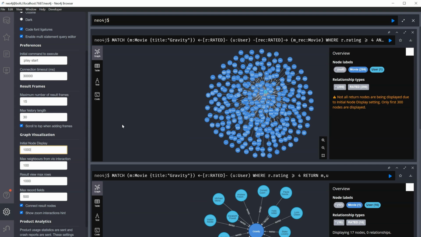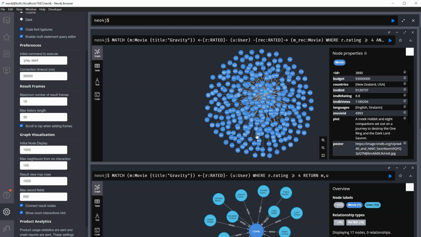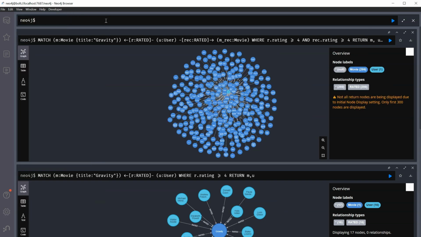Depending on your machine, this may make it run very slow. So by all means, just watch what happens on mine, as really the eventual result we're after will be a table. I'm only using this visual graph to show you what the query is doing. So with 1000 nodes, if I rerun the same query